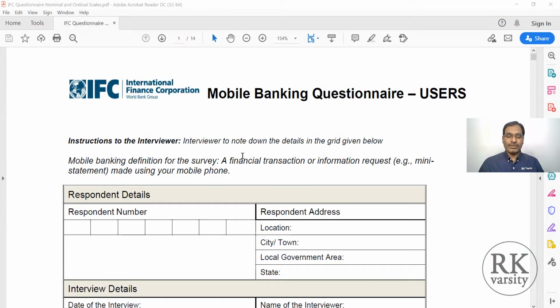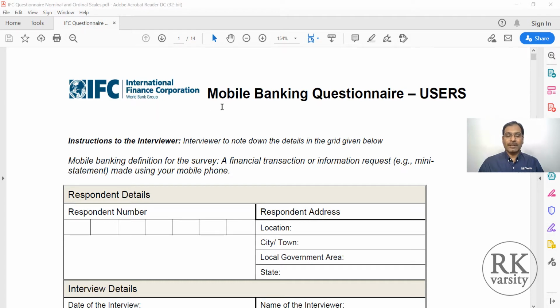I am not going to enter all the variables from that questionnaire into IBM SPSS. Just for your understanding, I will define a few variables and show you how to create and define variables using the IBM SPSS data editor. Here is a copy of the questionnaire which I am mentioning. This questionnaire is of the International Finance Corporation.